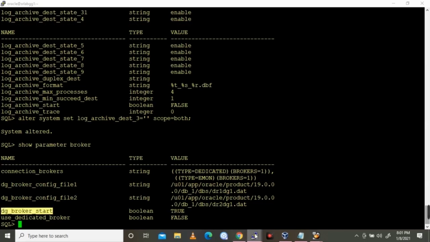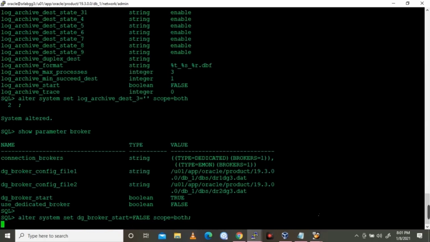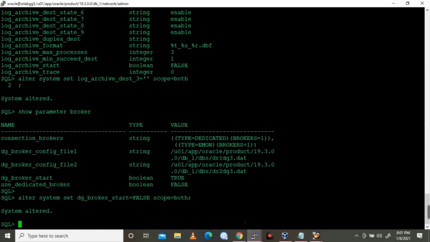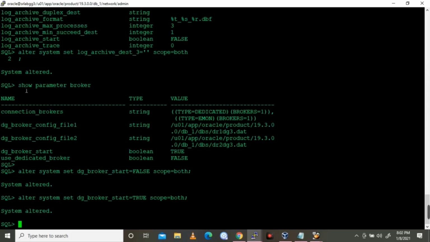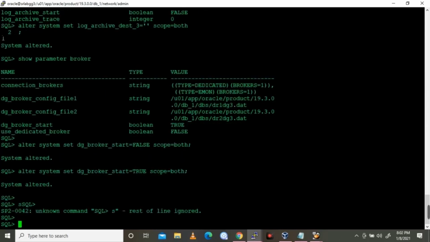So the Data Guard broker parameter has been enabled, and I am going to stop and start the DG broker on the second standby side. So again I have enabled the broker on both ends.